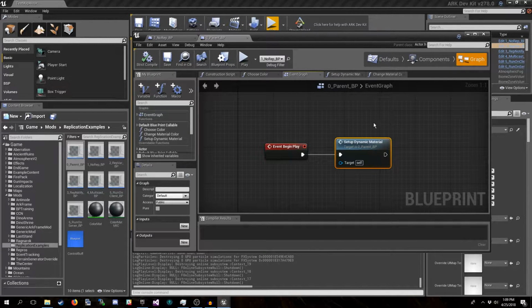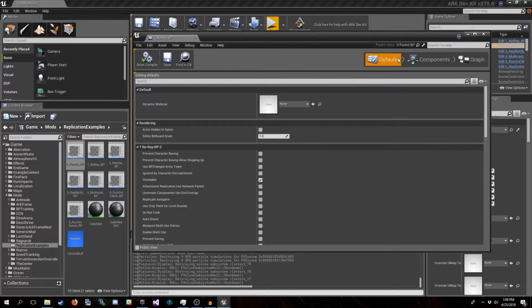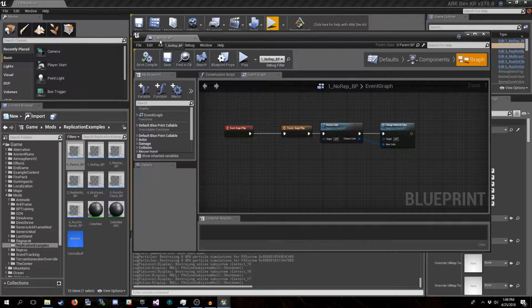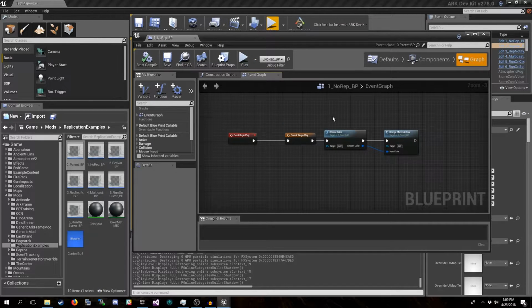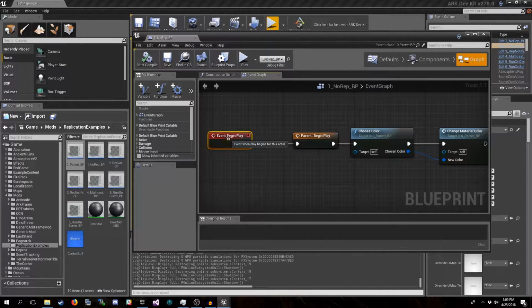That way, all of these instances are getting that dynamic material without me having to redo that code in each one. Now, in the graph of the one no rep BP, you'll see I have event begin play, parent begin play. This is calling the parent event, which is where it's setting up the dynamic material instance.